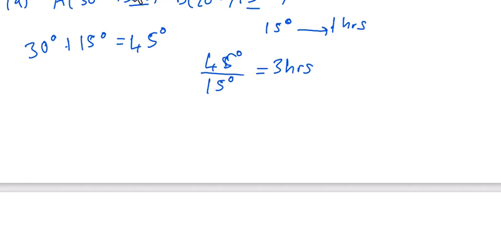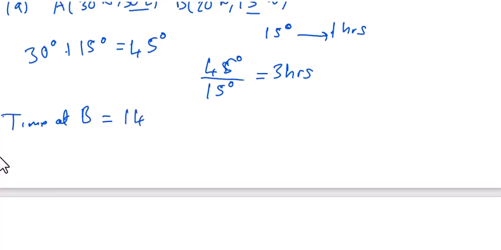So in order for us to find the time at B, since we know that the time at A is 14 hours,